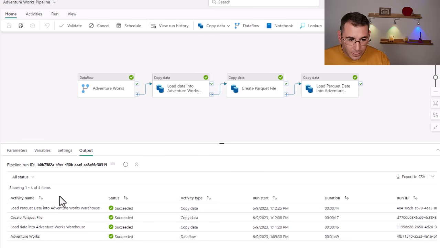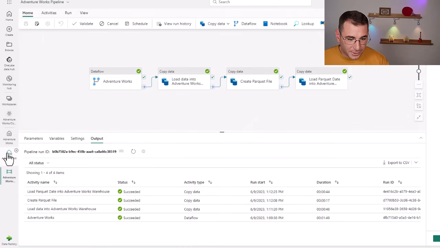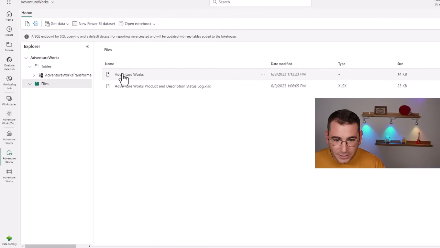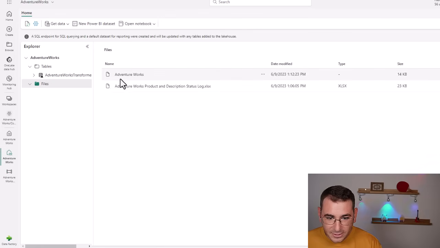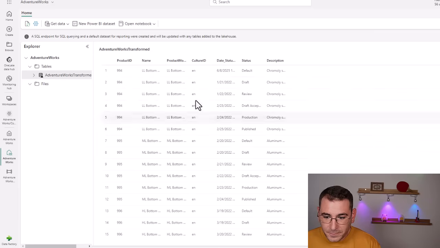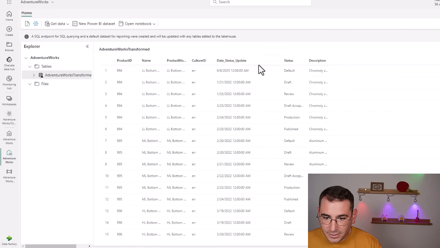And let's have a look now at what we've done. So we go to the lakehouse, and in the lakehouse I should see the parquet file. I can see that there's a new file here, the parquet file, and I can see that the transform table is here. So let's have a look. I added here a new date, 2025. We can see here that it is in there. So I changed it in the Excel, uploaded it, and transformed everything,